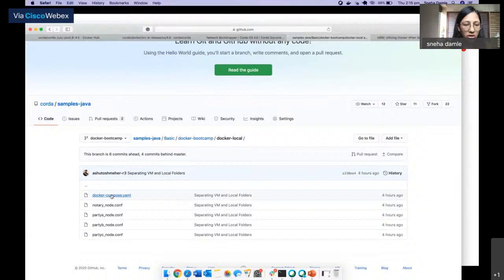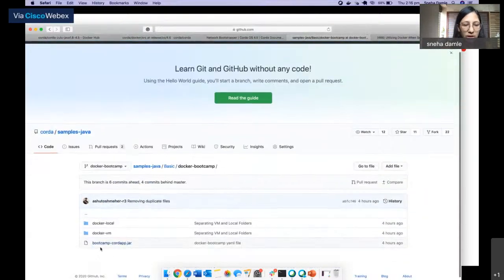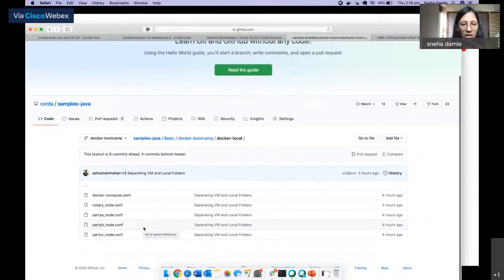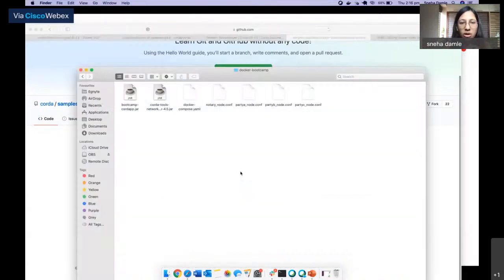Before you work on it, just copy this Bootcamp CodeApp jar from outside into the Docker local folder. This is the Docker local folder which I have with me.